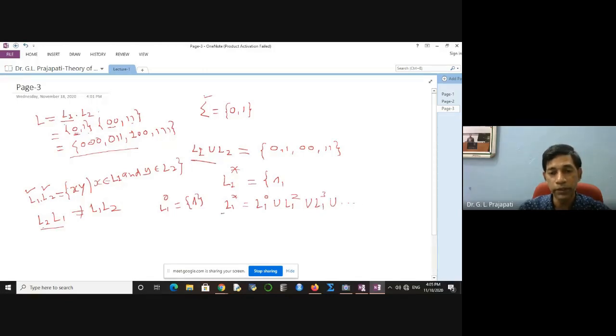It means this contains L1^0, where 0 denotes 0 times concatenation. Then you will have L1^1 also. So one time concatenation means the same 0 and 1. If you say L1^2, since L1 is here, we have taken 0 1. It means 2 times concatenation you are doing with 0 and 1. And once you are going to concatenate like this, then automatically you know that the string will be of length